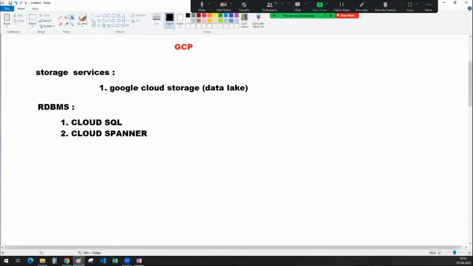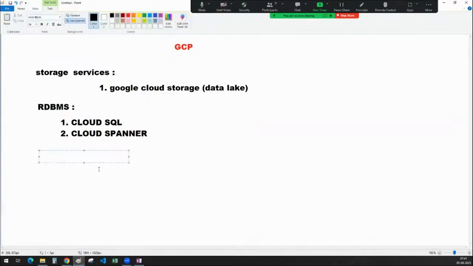What about NoSQL databases, guys? If you ask me, in NoSQL databases, we have Bigtable, and we have one more called Datastore.